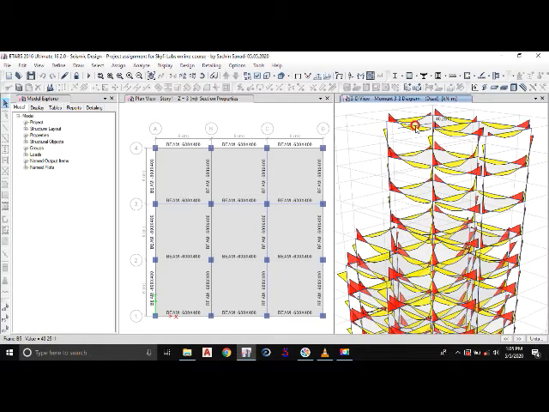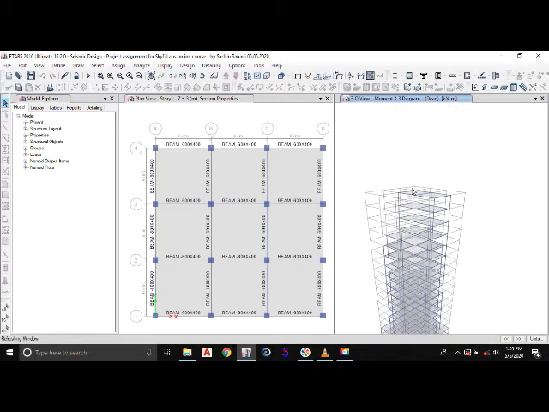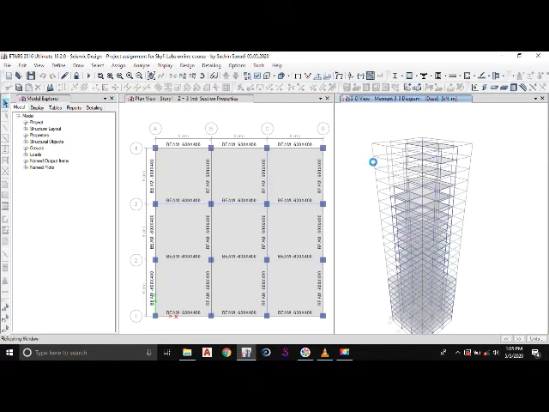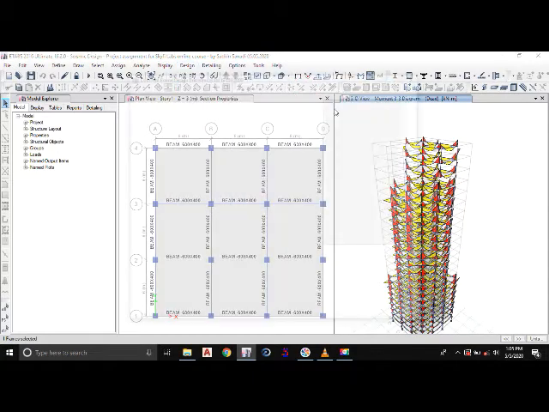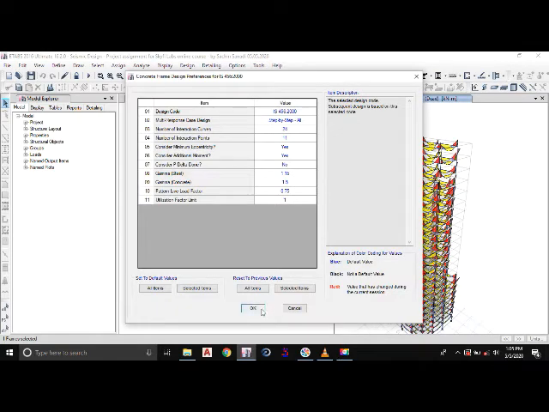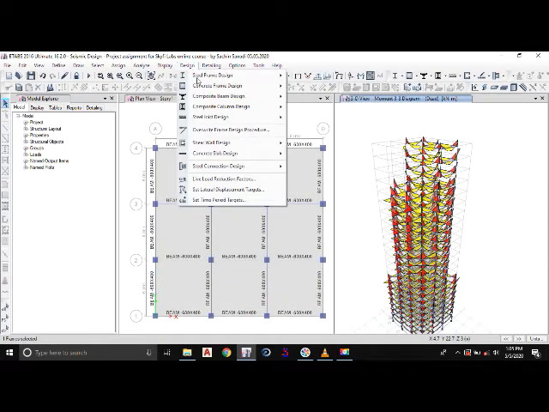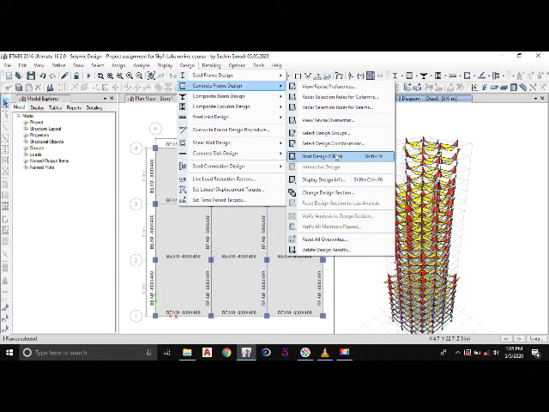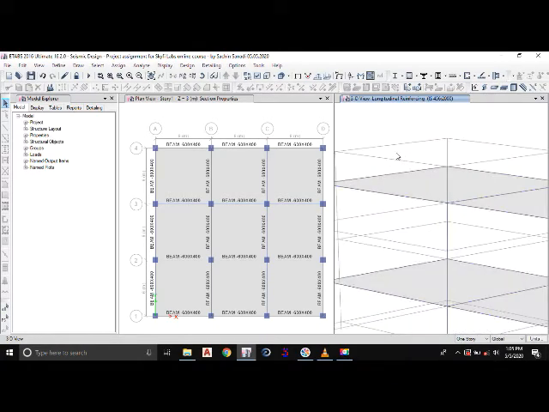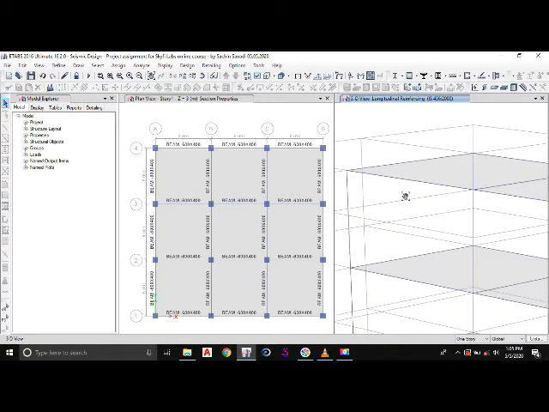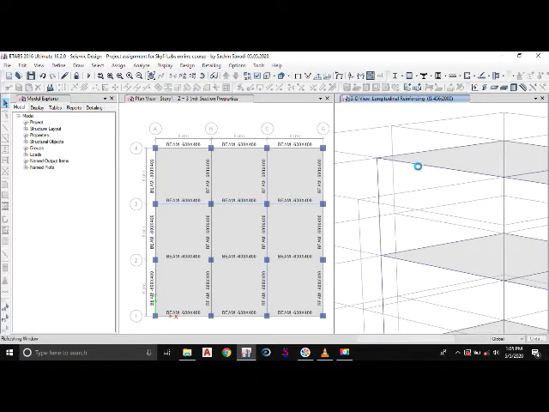So once I know the shear force and bending moment values for the different members, now we'll try to design the building. We'll go to design, check the code which is IS 456/2000, and then go to design, concrete frame design, and we'll start designing the structure. Once the design is complete, you can see all the members have been given the longitudinal reinforcement at their respective points. So now we'll select one member,